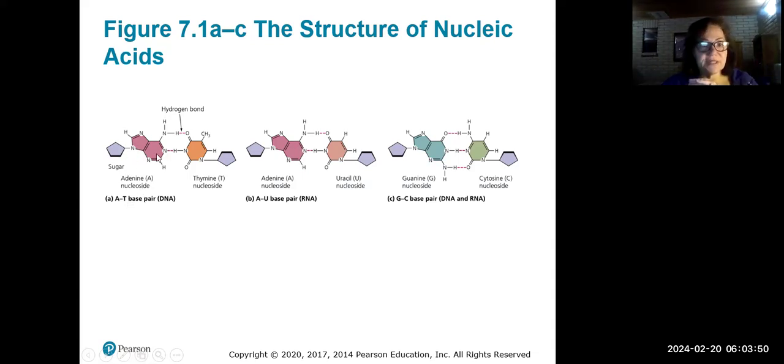Okay, so here are a couple of nucleotides. There's the sugar and the nitrogenous base part of things. This one's adenine, A. This is a double ring structure. Across the way, it binds to a single ring structure, thymine. Same deal if we're looking at RNA: we've got an A on one side, but instead of a T, thymine, we have a uracil. They're very similar to each other in structure.